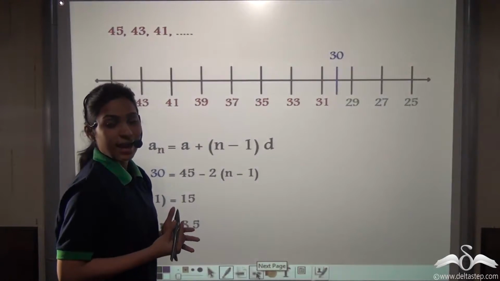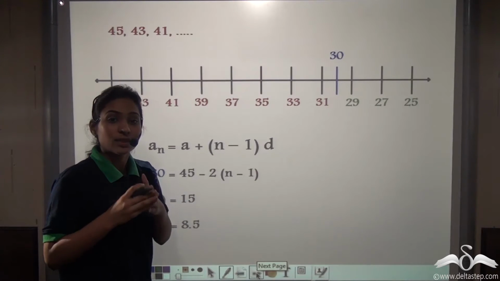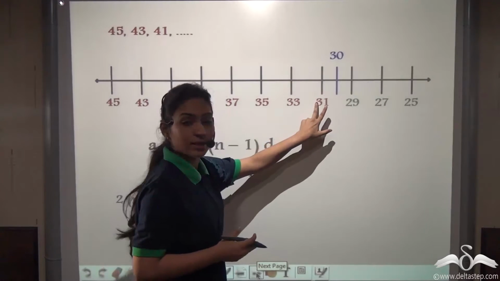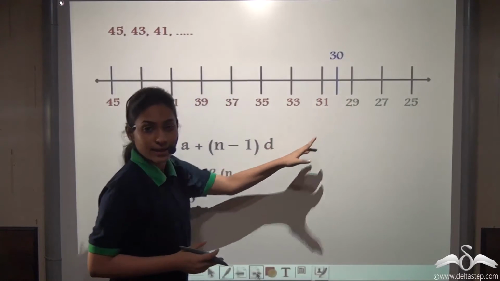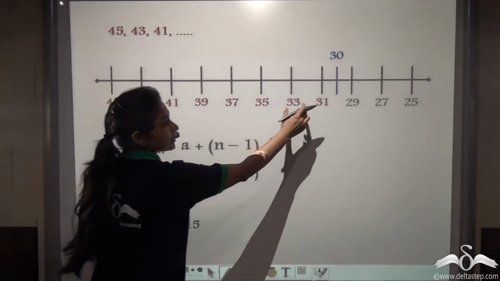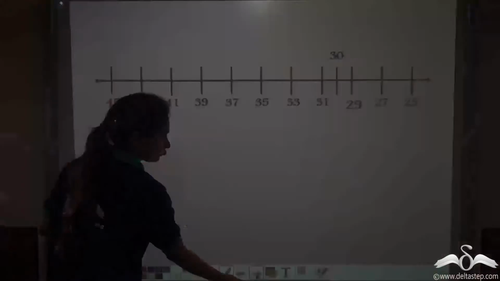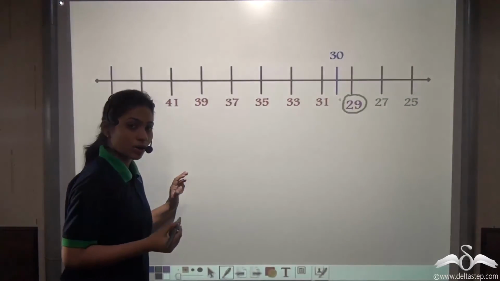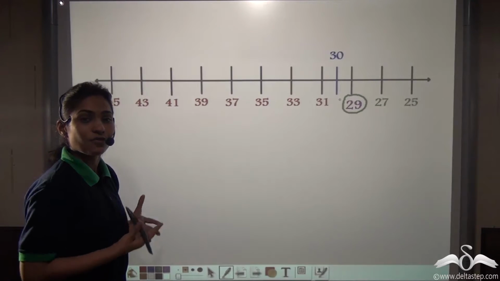So you can see that in her practice sessions, the day will not be there when she will do it in 30 seconds. On the 8th day, she will complete it in 31 seconds, and on the 9th day, she will complete it in 29 seconds. But this 30 is not in this AP series. So you can see just that the next number after 30 is what? 29. So let us see whether this 29 falls in the AP series or not. You can say that visually we can see that, but let us do it with the formula and see.